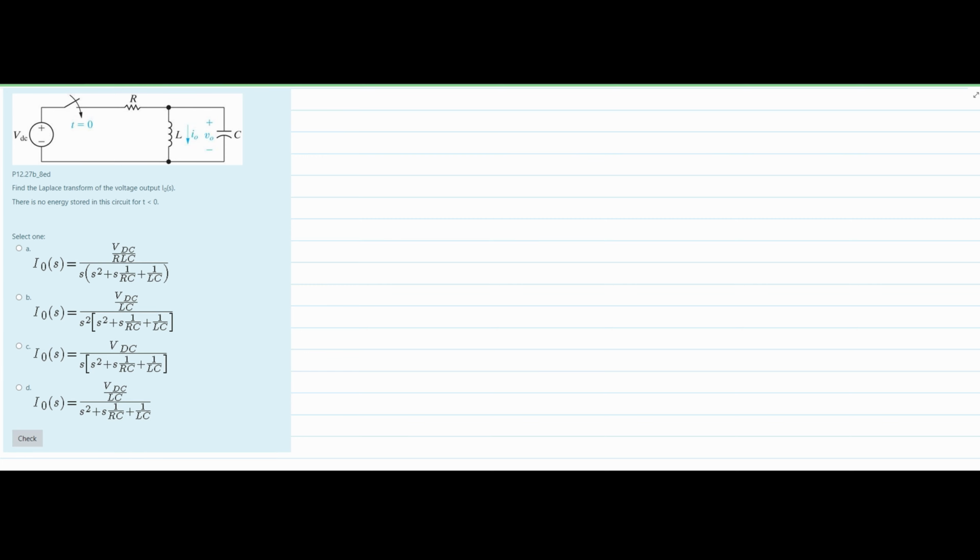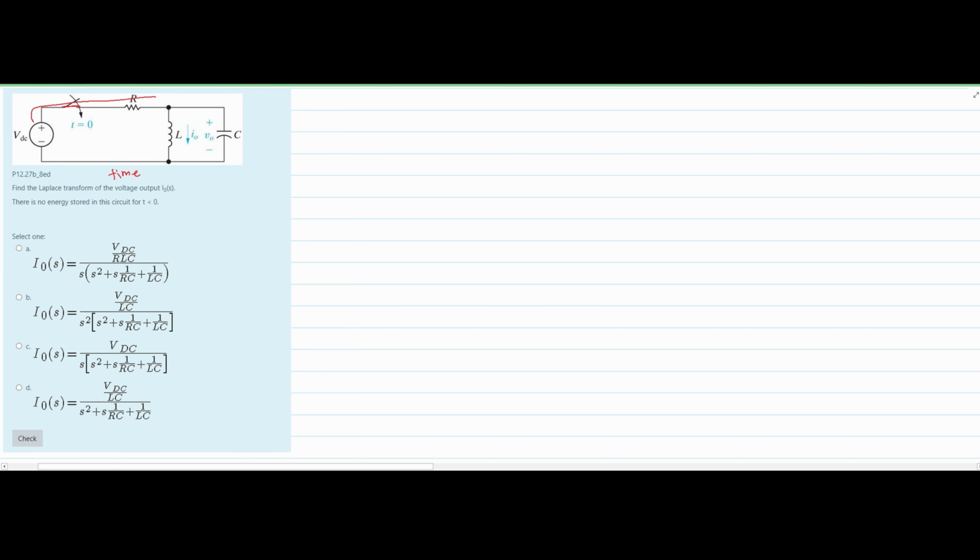In this problem, we need to find the Laplace transform of the voltage output, V naught of S. There's no energy stored in this circuit for t less than 0. So we know that we are going to be dealing with time. That is super important, especially for Laplace. And because we are dealing with time, and because our switch is closed, we know that we have some current